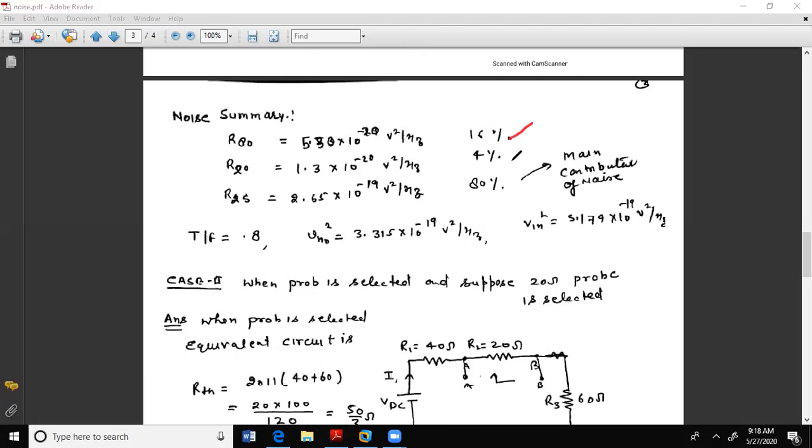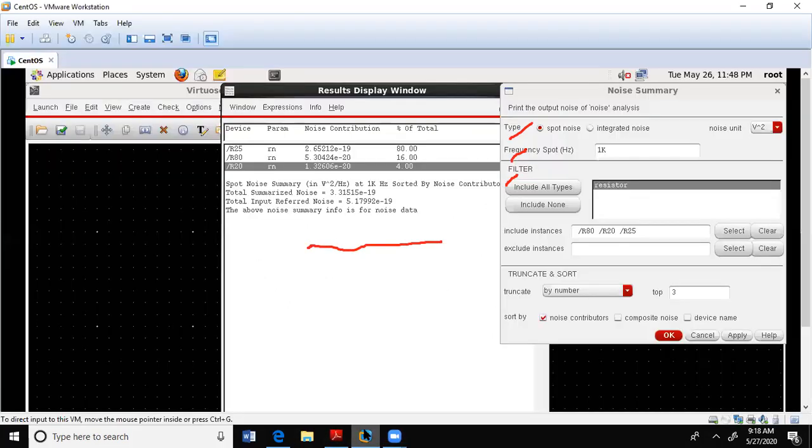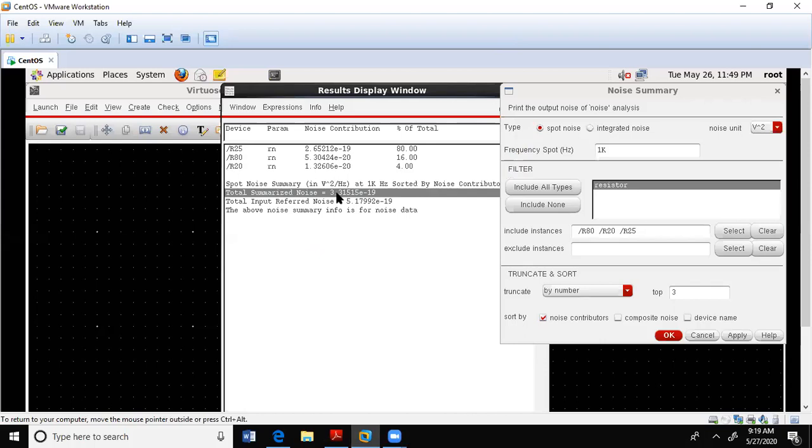Okay, so the total output noise power is 3.315 into 10 to the power minus 19. So that is the total output noise.